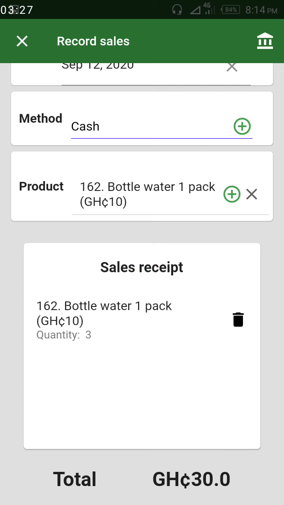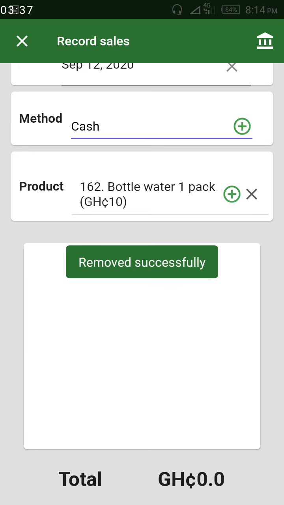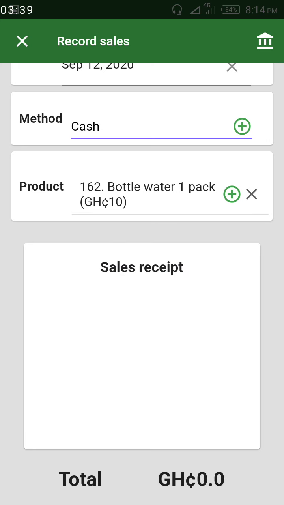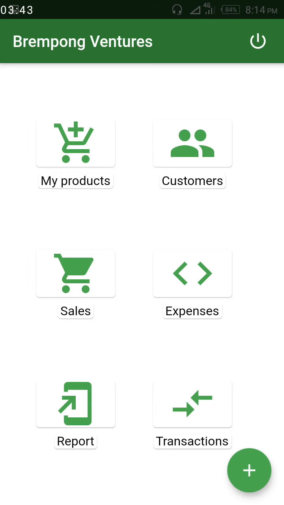Let's say supposing I made a mistake, so I want to remove it. If you want to remove it, you just press this container here, then it will remove it for you. That means it will not be added to your sales. That's right. So that is how it works.